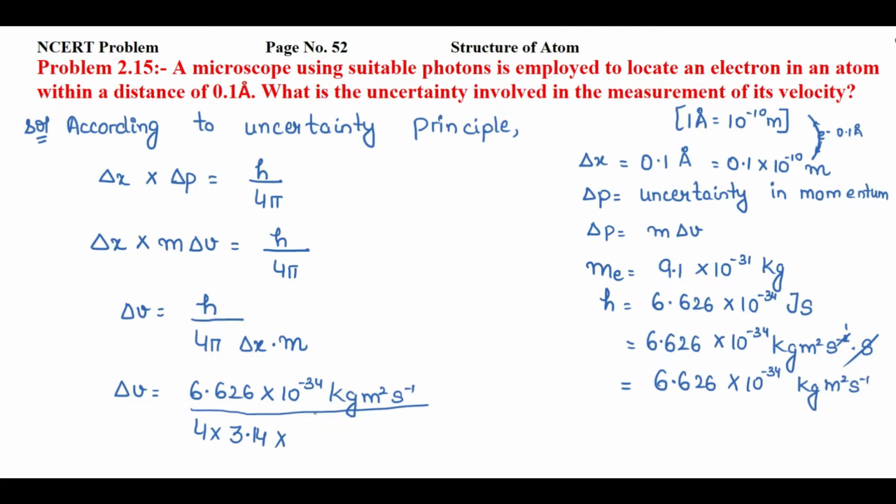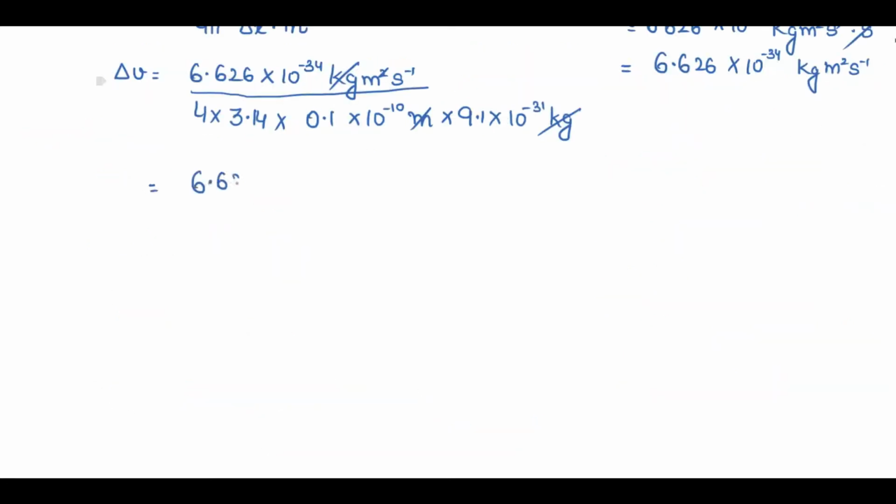Now let's put the values. So delta x is 0.1 into 10 raised to power minus 10 meter, and mass of electron 9.1 into 10 raised to power minus 31 kg. Let's cancel the units. Kg is cancelled with this, 1 meter is cancelled with this, right? And the units are meter per second. That is the unit of velocity. 6.626 into 10 raised to power minus 34 divided by 4 into 3.14 into 0.1 into 9.1. Your actual answer will be 11.44